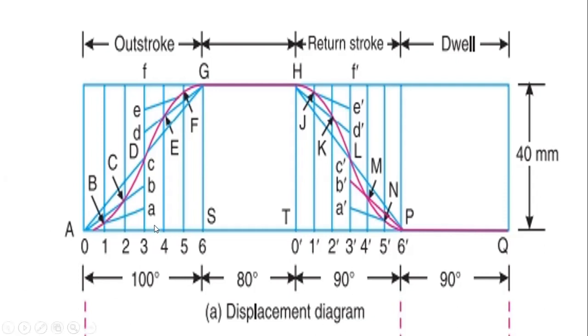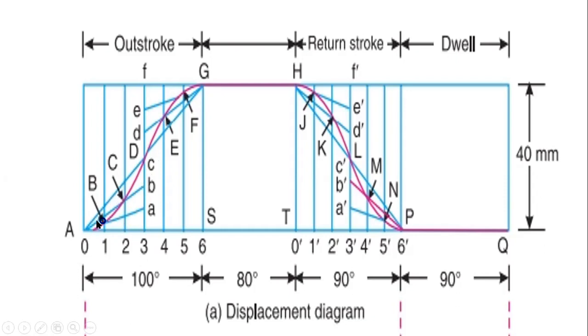After dividing the vertical line into 6 equal parts, we have to recognize the center point and then join the lower 3 points to the first point, that is the 0 point. We join these points to the 0 point, and the remaining 3 points have to be joined to the last corner point, that is G point. This is the G point. You have to draw these lines to that point.